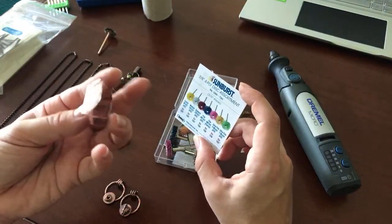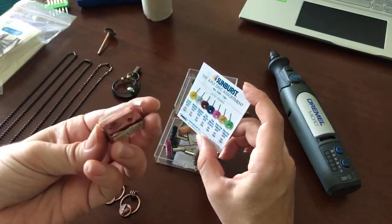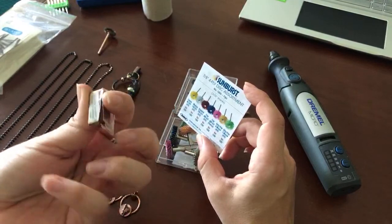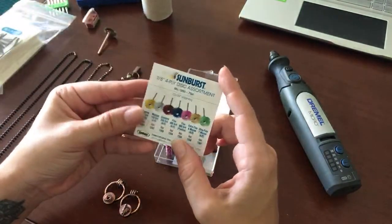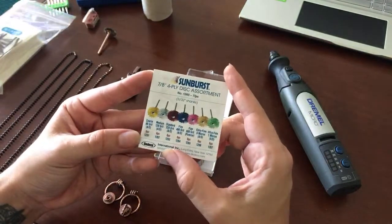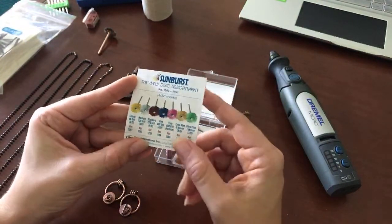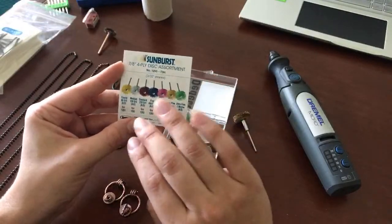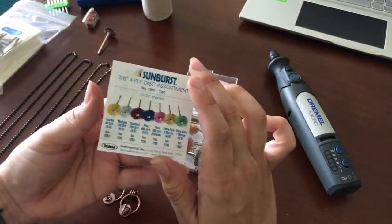Anyways, I did some trial and error with it, couldn't quite figure out how to use it properly, so I just haven't gone back to that experiment yet. With the sunburst here, no wheel buffer. Yeah, I don't know how to use all that stuff yet. I found something that works and I kind of stuck with that, so at some point I'll go back to